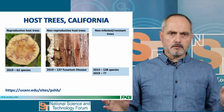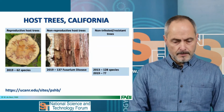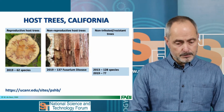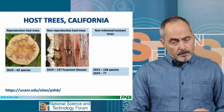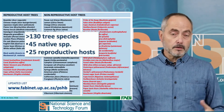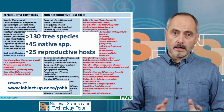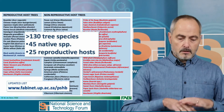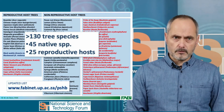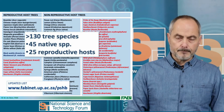This thing just goes for everything that comes across its path, and it really tries everything. And also quite a lot of different ecosystems. In South Africa to date, we have found this beetle already on more than 130 tree species. 45 of these are native tree species. And of the 130 species, there are 25 reproductive hosts, which means the beetle can reproduce and eventually kill these